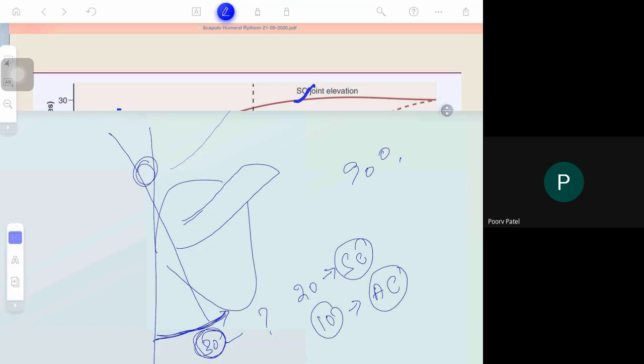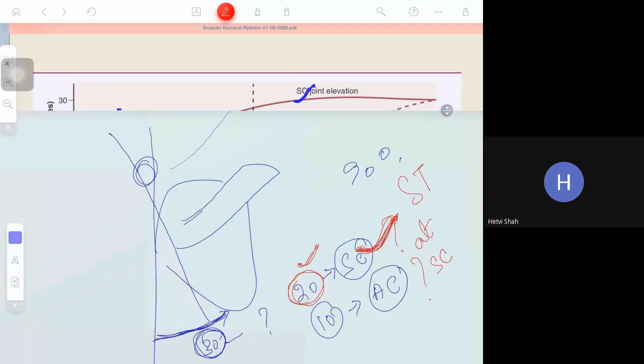So, from this it is clear that in the beginning range of motion, in which joint is the range of motion higher? Rotation. Sternoclavicular or acromioclavicular? Sternoclavicular. Yes. In the sternoclavicular joint, the range of motion is greater. That is, for rotation of the scapulothoracic joint, the contribution at the sternoclavicular joint is higher.